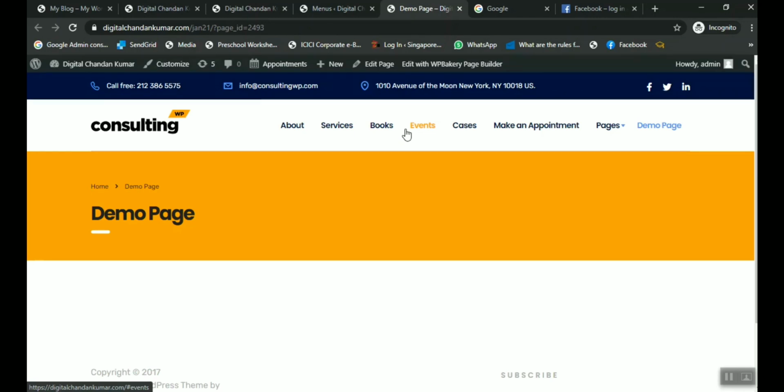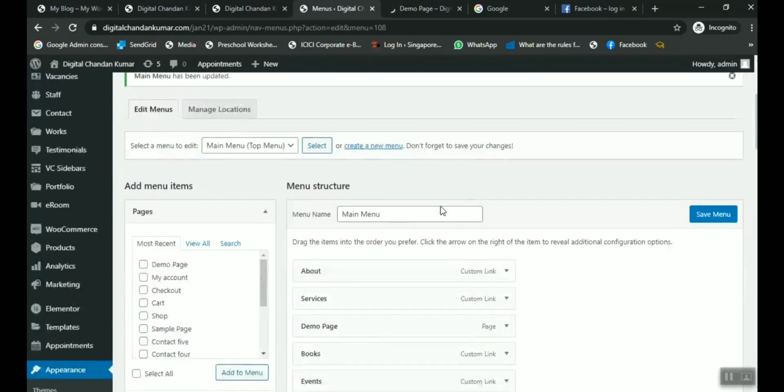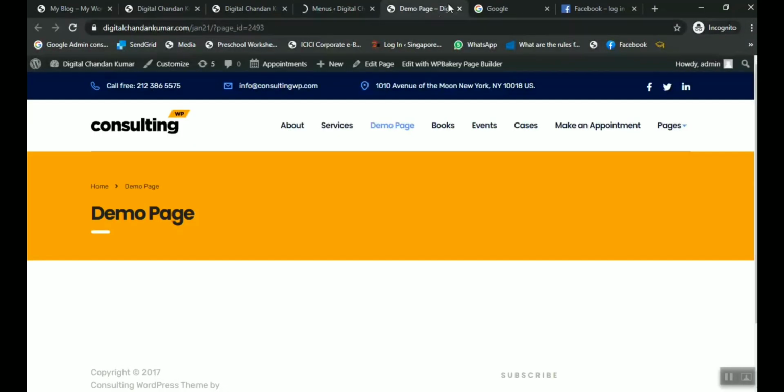So it's loading right now. Now we can see here demo page is showing here. Just simply refresh the page again and see this page has been changed here. Now the demo is already changed here. Click on save menu once again, if it is not saved here, click here. Now we can see here demo is on the third option now. So in this way we can change the menu very easily. So in this way we create the menu.